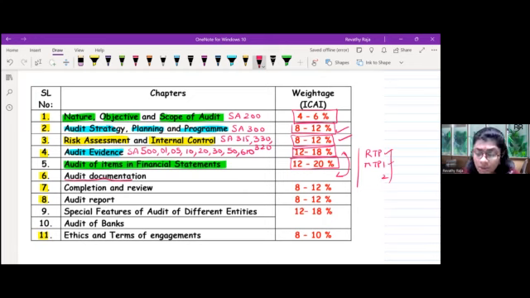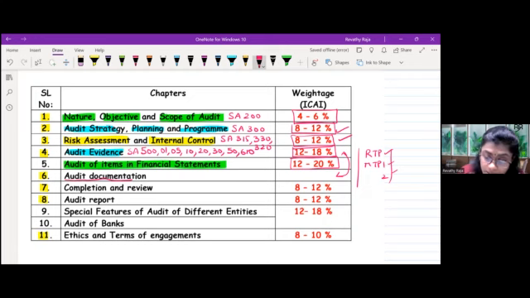Not only that, if you have not gone through your RTP, MTP, there are videos of RTP, MTP on my YouTube channel. You can always refer to that whenever you get the time. Okay, so the weightage is 12 to 20% marks. And you can score the marks because it's more of general. It's like a summary of various other SAs, CARO, AS, and law.